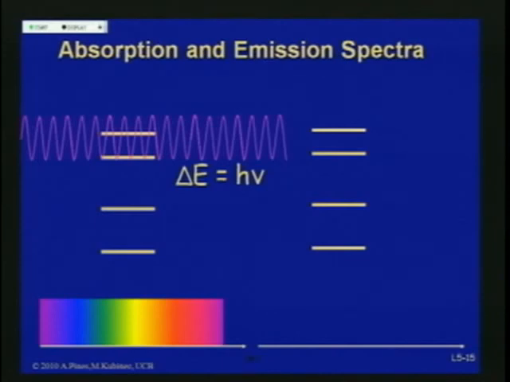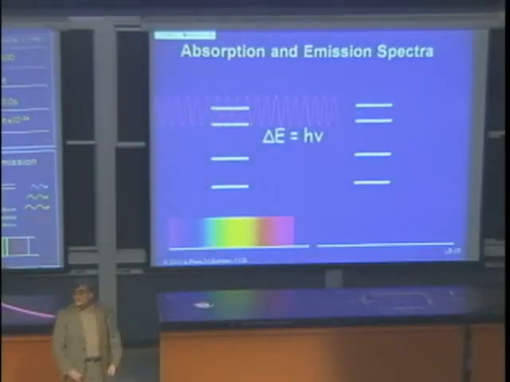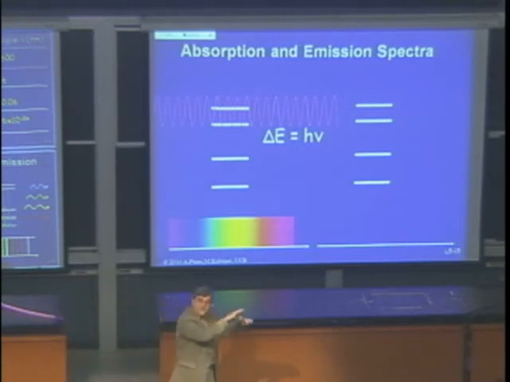There is no way that this energy fits any of these spacings here. These are given energy spacings. So that energy, delta E, is h times nu, but there is no difference between them, so I can't do anything with it. It's not going to pick anything up because this electronic system has certain energy levels, and these energy levels are different for each electronic system, of course.